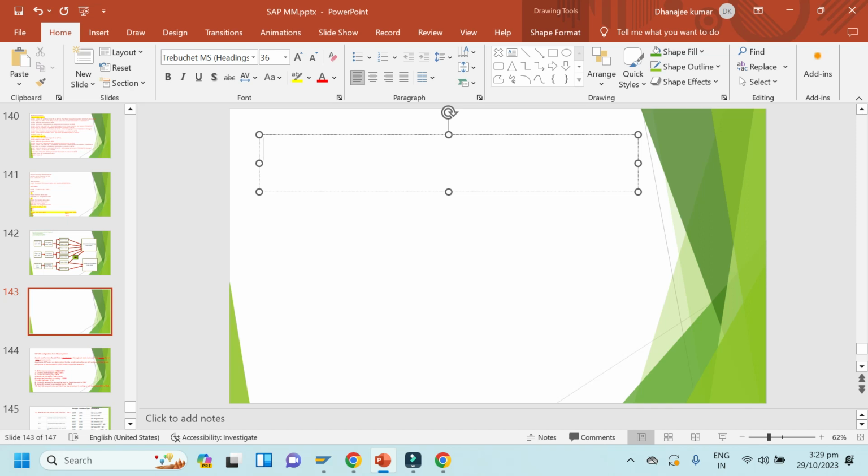Just note it down. GL account triggers. Make one note.